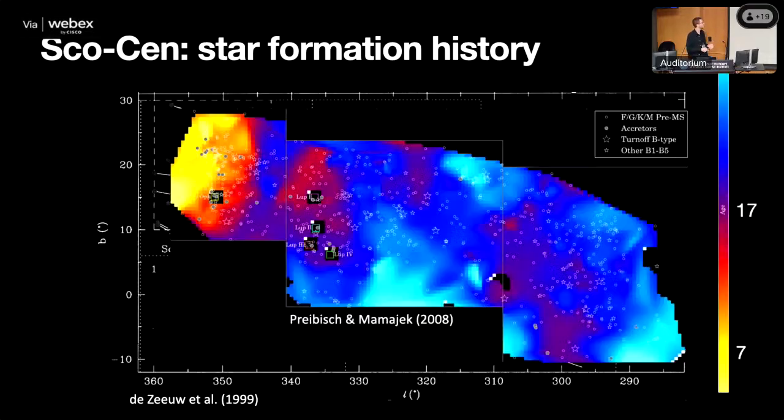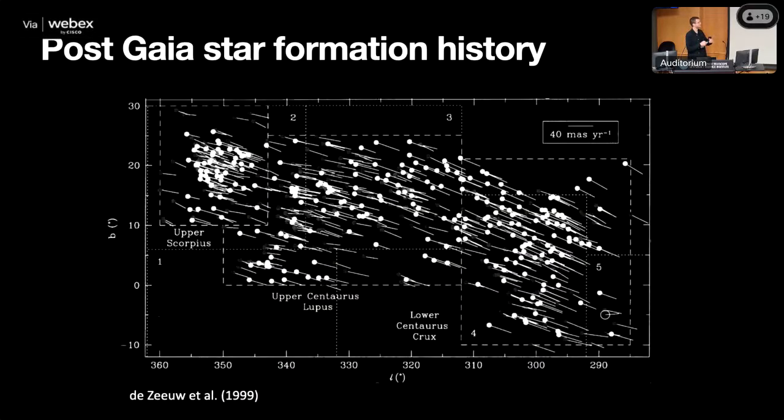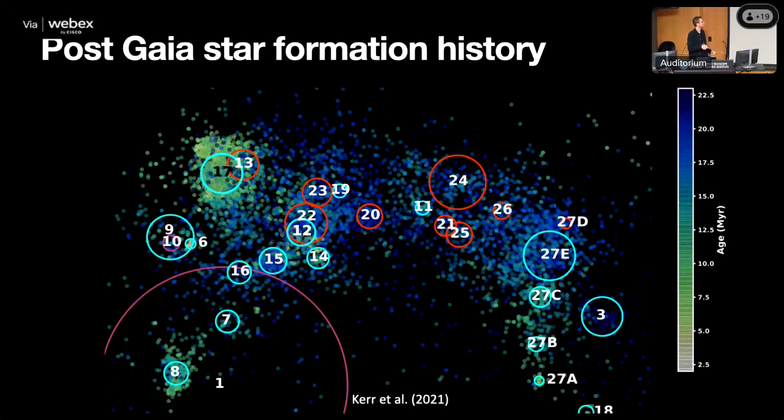Pre-Gaia, these maps essentially looked like this, from Hubrig and Mamajek, where you see some kind of gradient from Upper Scorpius to LCC. But since Gaia, since we can now disentangle the distances of this population really nicely, there have been many studies to refine this. One very nice study by Ronan Kerr, who is in the audience here, has shown that there are much more complex patterns in Sco-Cen that we didn't see before. However,